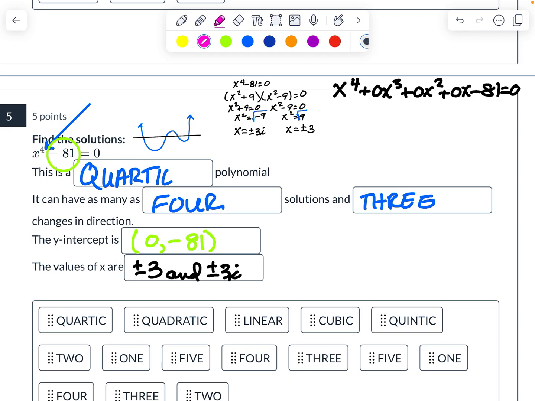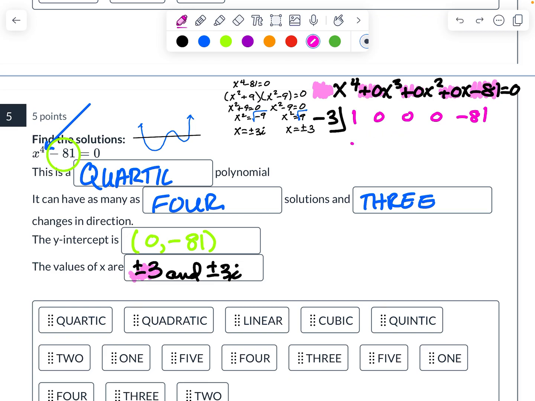And then when you do synthetic division, the lead coefficient is a 1. This coefficient is a 0. This coefficient is a 0. This coefficient is a 0. And this is a negative 81. And we know one of our answers is, let's do the negative one, Mrs. Leonard, one of our answers is negative 3. It doesn't matter which one you do first, friends. So if you put negative 3, whoops, be consistent. If you put negative 3 here, and you put 1, 0, 0, 0, negative 81 here,